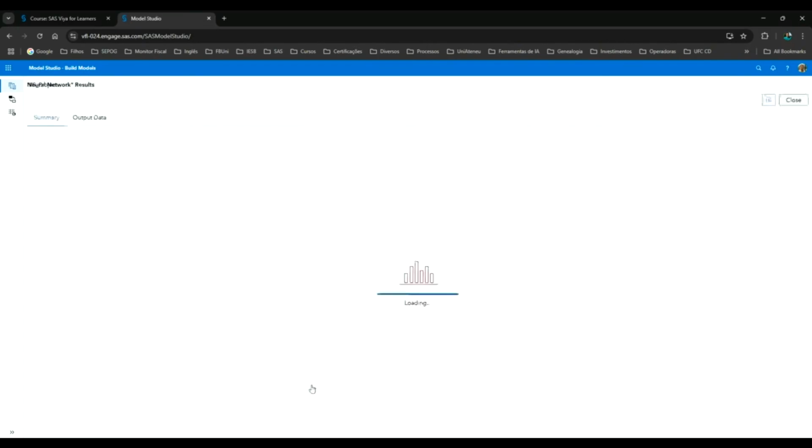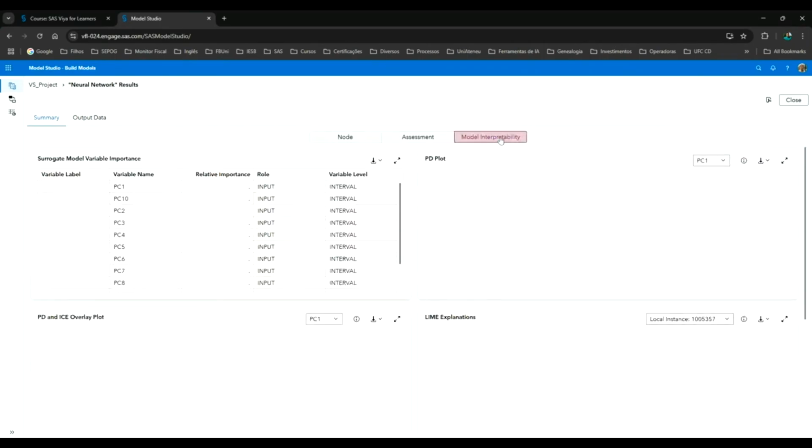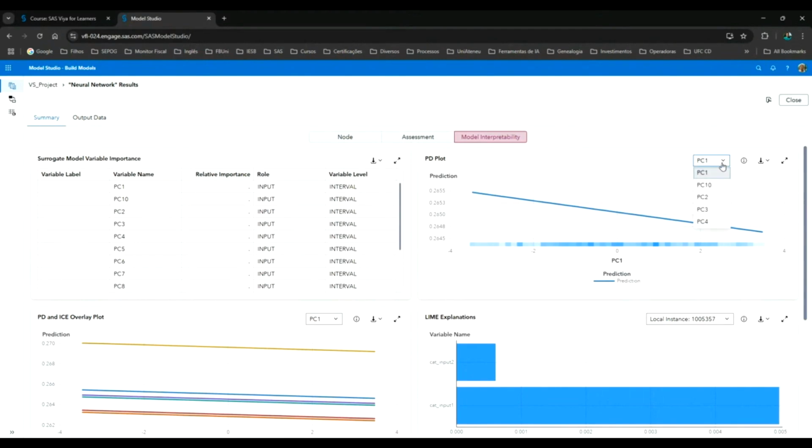Then if you see the result of this neural network, now we have, oh my God, what is this?